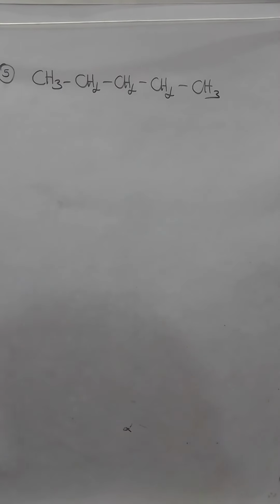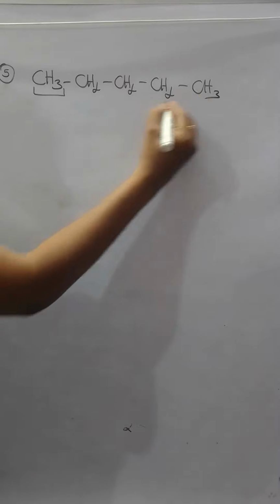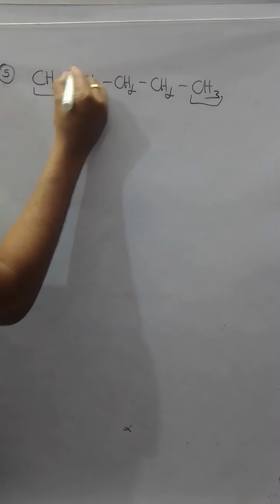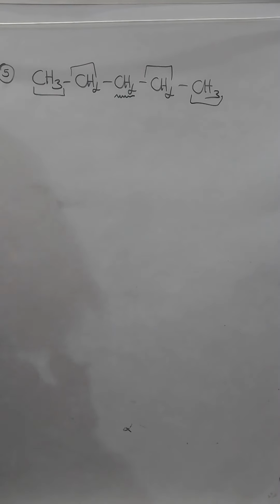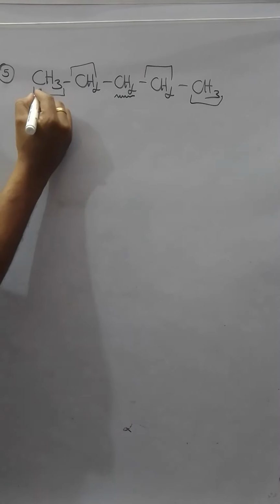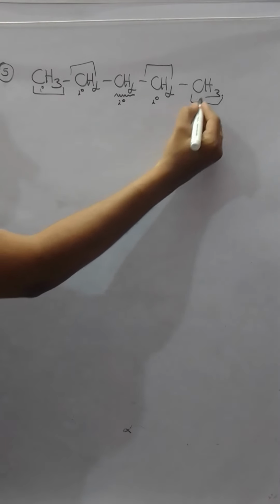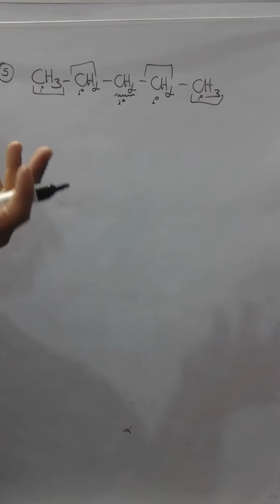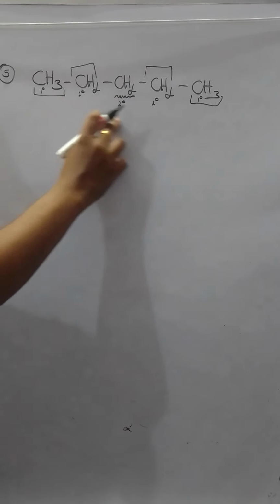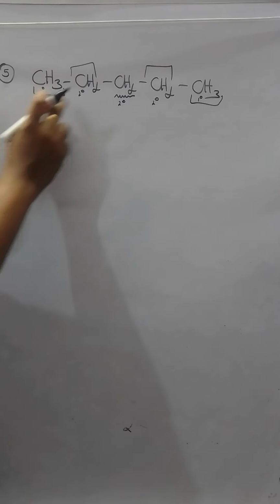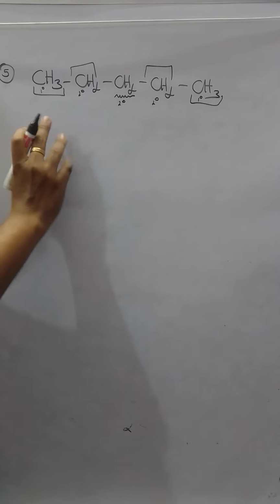Okay. Now how many types of carbon atoms are here? Now this is one type, these two are one type, these two are one type, this is a different type. Can you see it? There are 3 types of carbon atoms. What is the nature? This is primary, this is secondary, this is secondary, this is secondary, this is primary. So what can we conclude? All secondary carbon atoms are not one and the same. This secondary, this secondary, carbon.